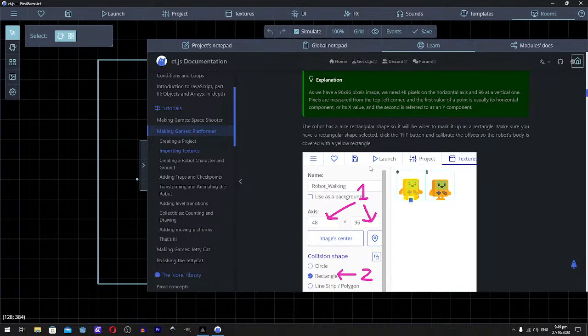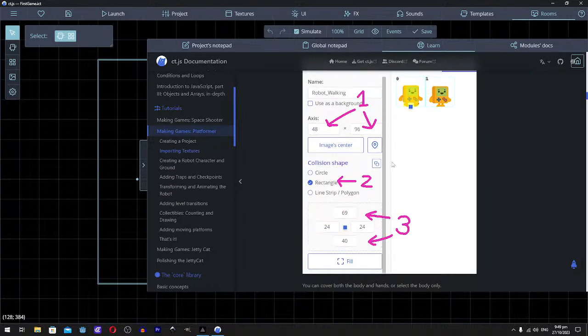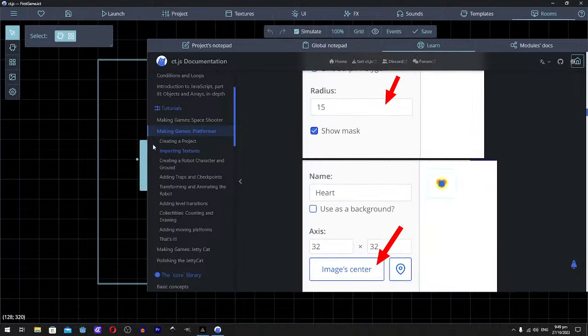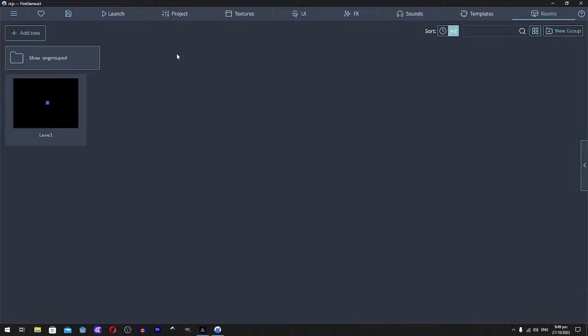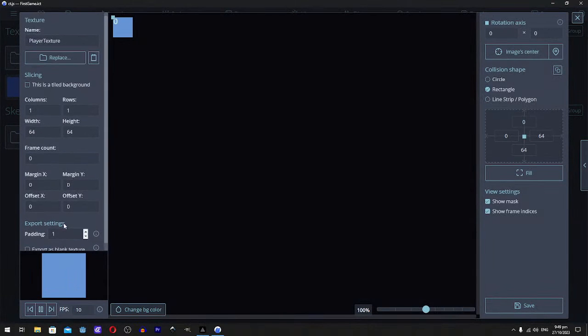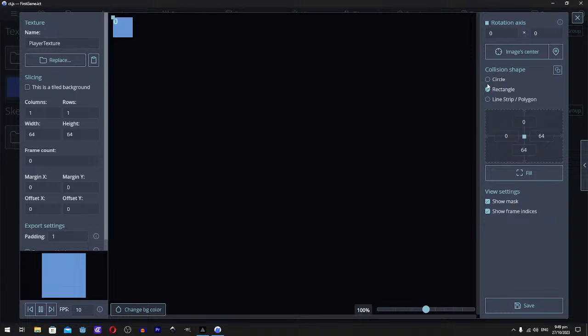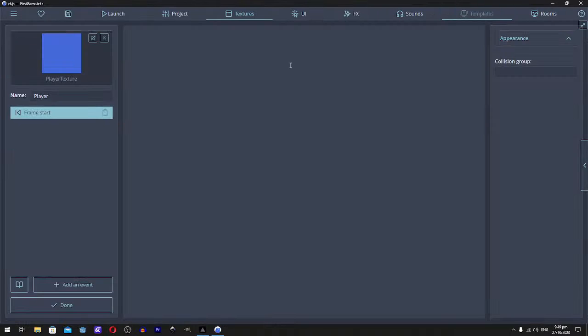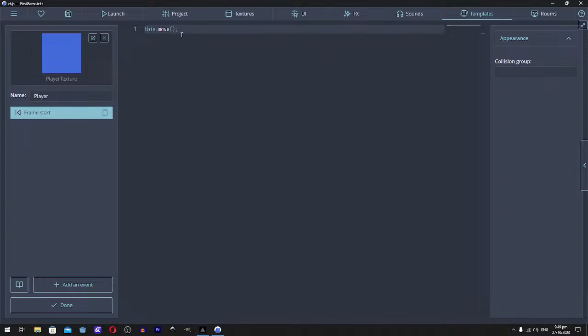So I can just go ahead and do some stuff. There's a collision shape too. We can add double animation, so that's nice. I mean, I haven't made a collision shape for this one, right? I didn't, and it's already applied, but so that's nice. Let's save it. We don't want to do it again. Let's go to templates. So this dot move is what we'll have to do to make the player, but it's